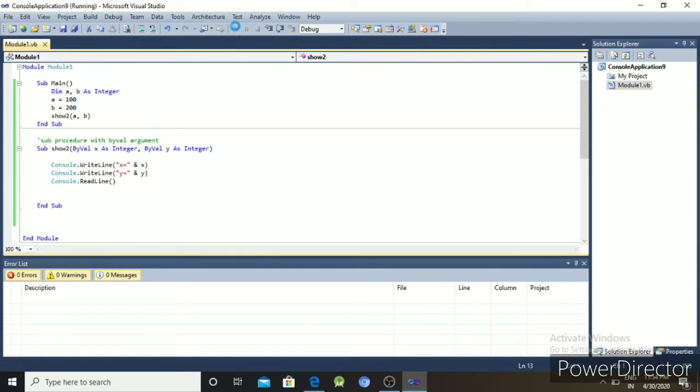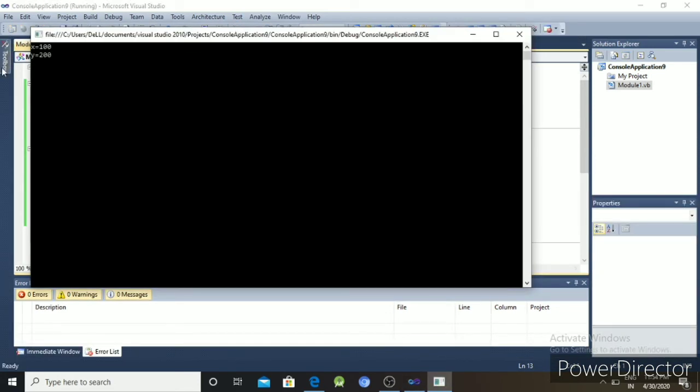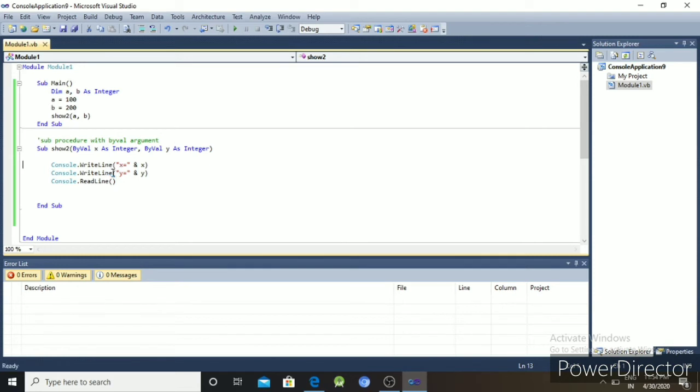Okay, execute the program. In this situation x equals 100 and y equals 200. Here x and y are the actual arguments, and a and b are the formal parameters. So it just copies the values of x into a and y into b, in this sub procedure method. So the output will be